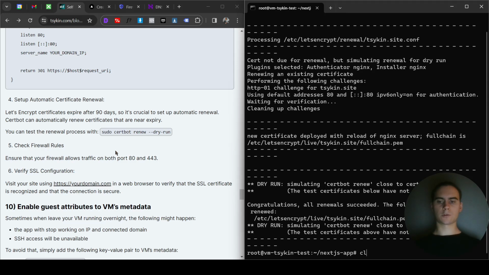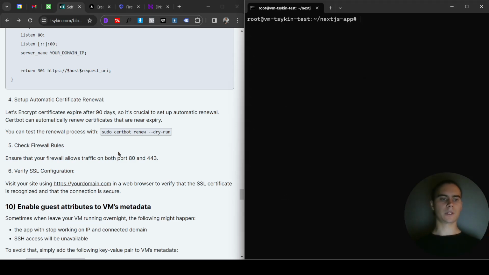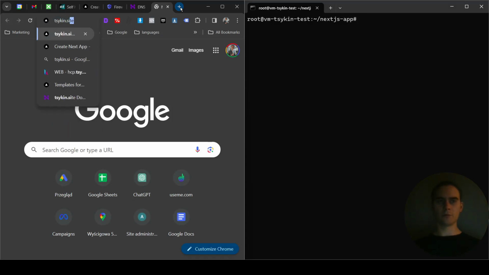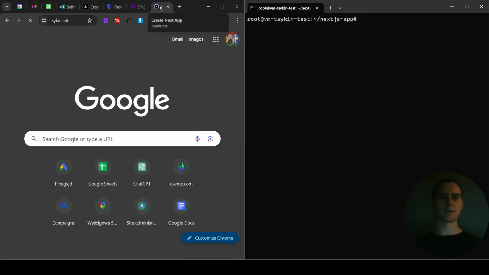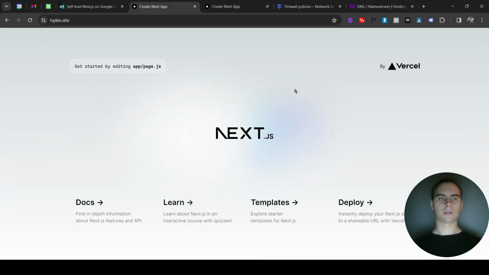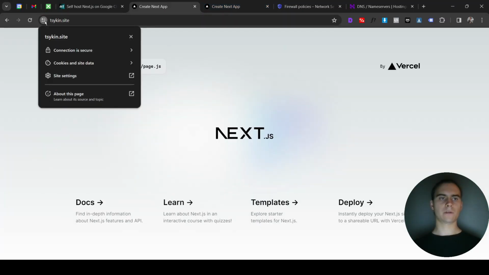And now let's go to our domain. I will just clean my terminal, and let's go to the domain that we have configured all this for. For me, it's this one. And as you can see, when I go to this domain, not only is my app available, the connection is